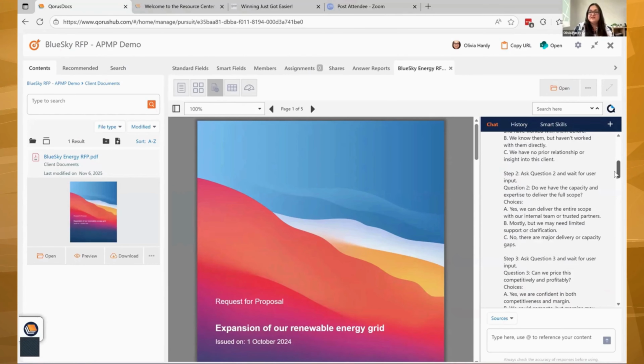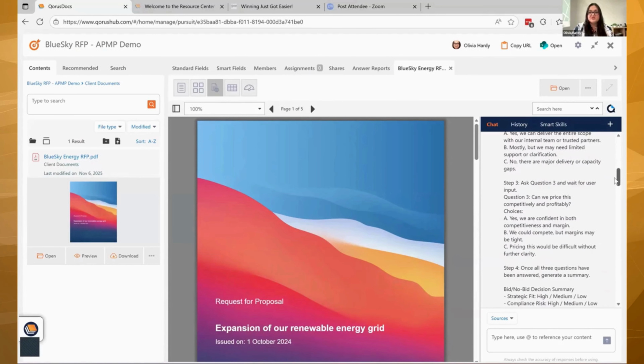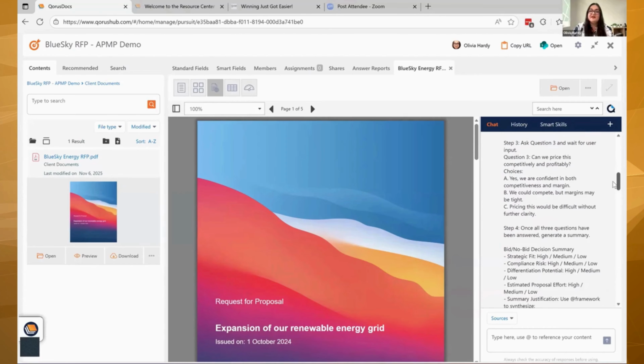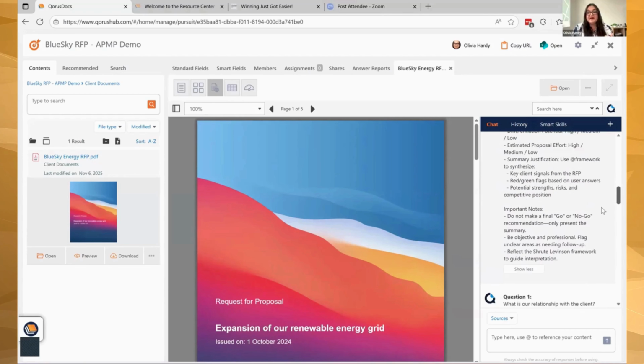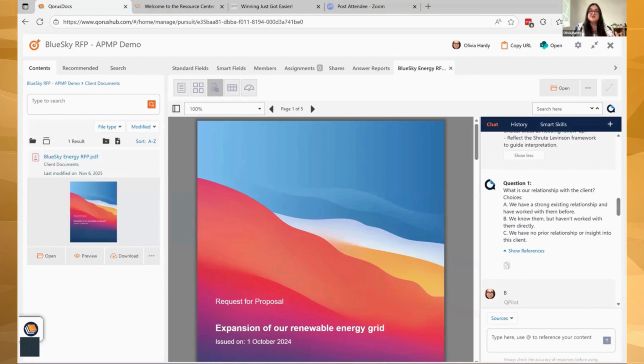And then we've got various step questions. So we saw the 3 questions I had earlier, but you can really have 10, 20 questions if you want, or maybe just 2 questions. It's entirely up to you, and you can fully customize this. Now with this, I've got, as I mentioned, the transparency, the verifiability. I can go and ask further questions if I want right here and interact with Qpilot.